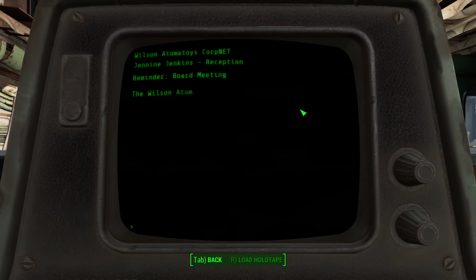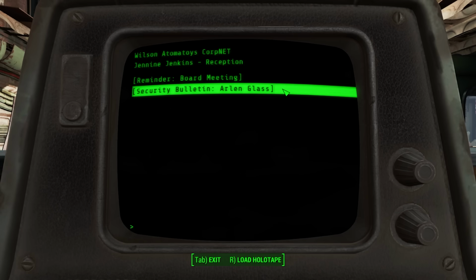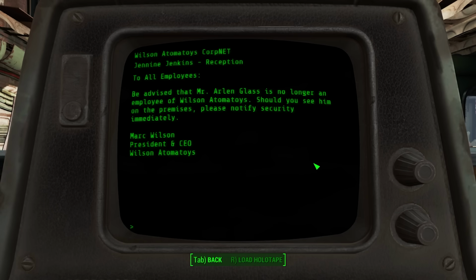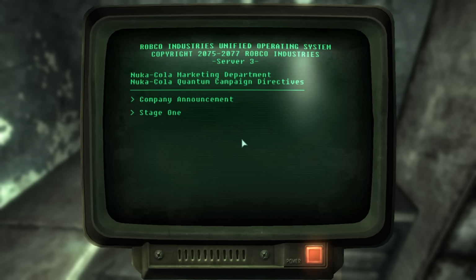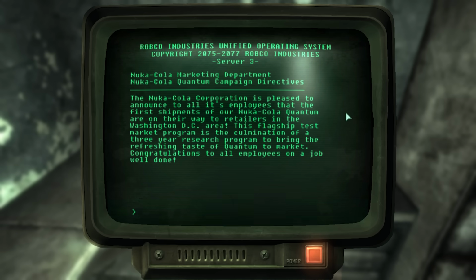However, the vast majority of LANs that we run across as we explore gutted and destroyed buildings won't have some clever name or an explicit reference to a network. Rather, we will find evidence of multiple terminals throughout the building, having messages to and from others in the same facility, or company-wide announcements that can be found on every terminal.